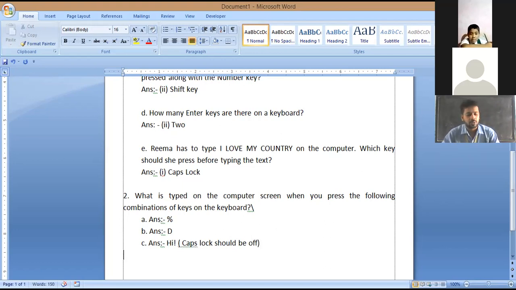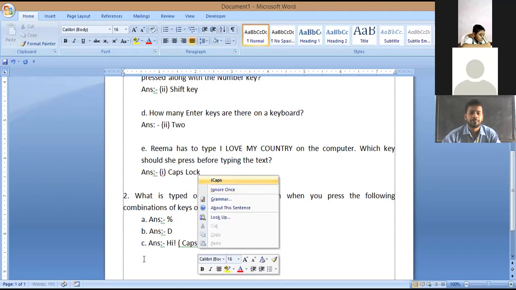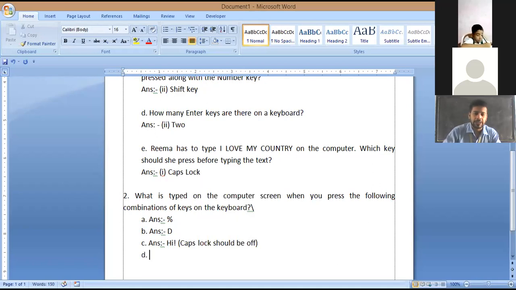So in order to get this answer, we must see that caps lock is off. Now question number D. Here it is given caps lock plus V. So the answer is capital V.